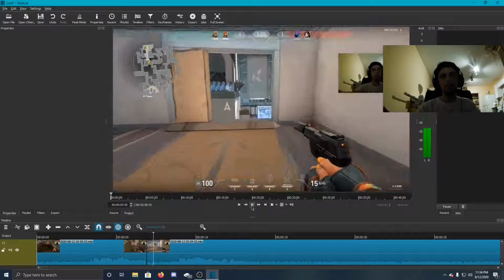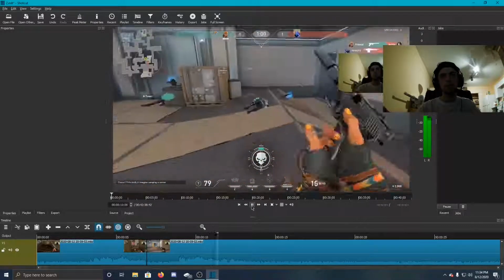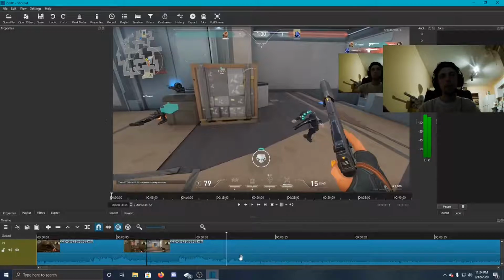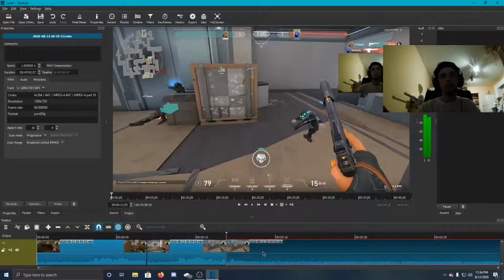And then the second clip's right here. It ends right there, so I right click again, split at playhead, left click the excess,